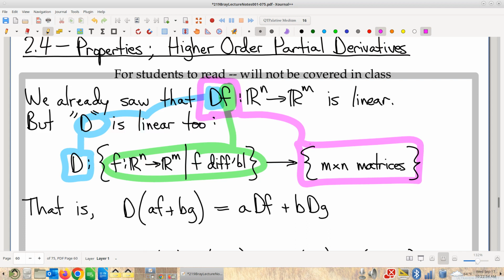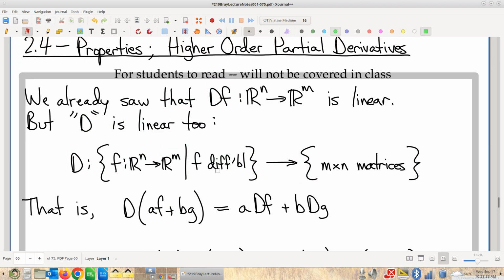Said differently, the inputs to this linear transformation D are functions. And so when we talk about the linearity, we're talking about linear combinations of functions going in, not linear combinations of Euclidean vectors. We're talking about linear combinations of functions and how the act of differentiation respects those linear combinations. So anyway, that's the one subtle part to this. Give yourself however much time is necessary to digest this idea.